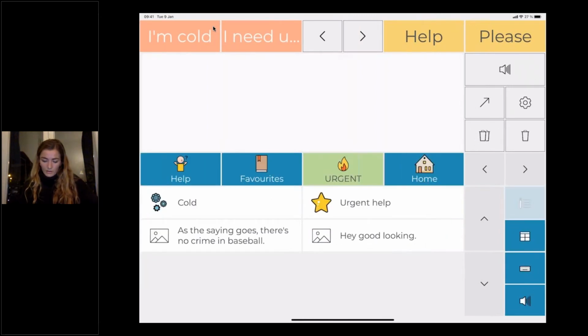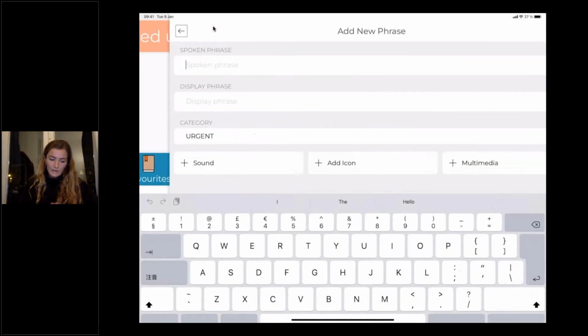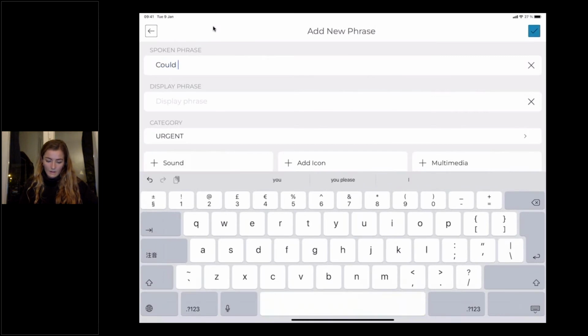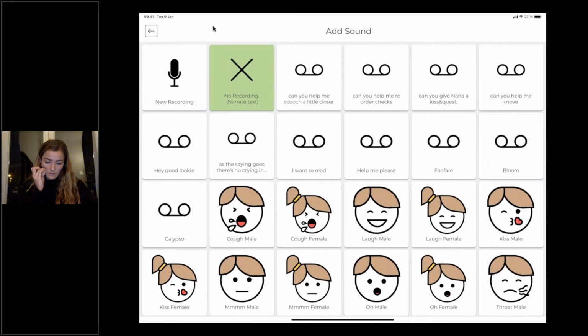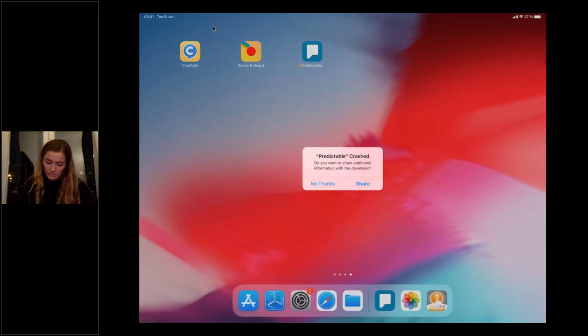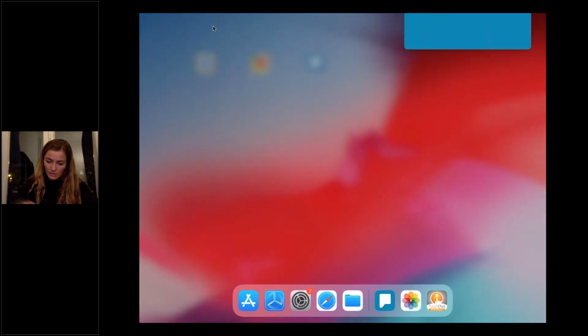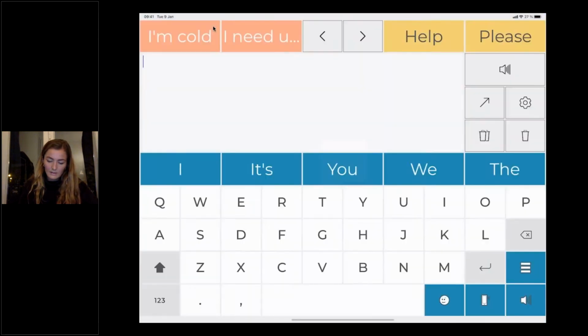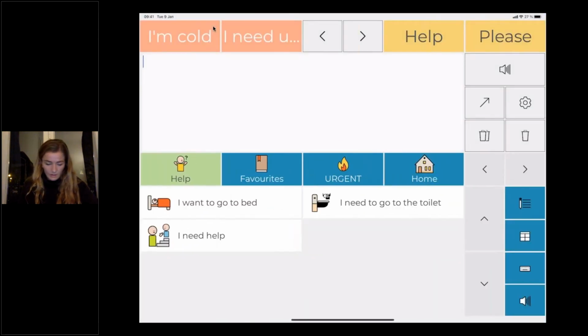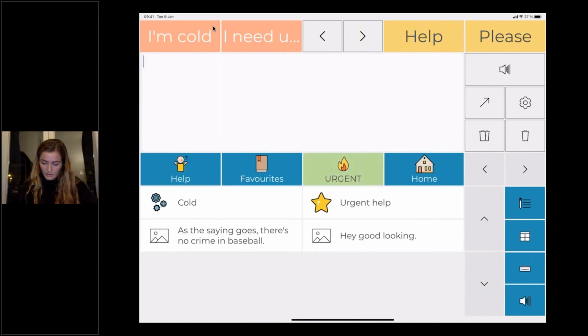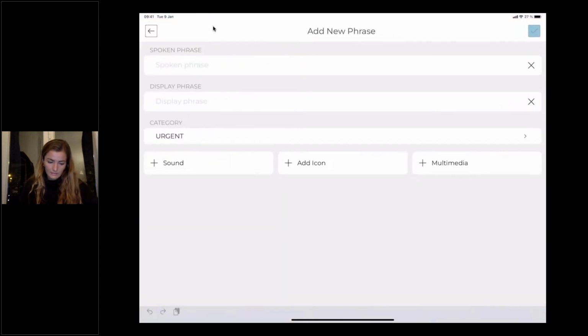Okay, so in urgent, I'm selecting the edit button, add phrase. Could you help me move? Help me move. I'm selecting a sound, and now I'm going to select the sound. Can you, oops, sorry about that, didn't work that time. So if I go to urgent, let's do it again, add phrase.